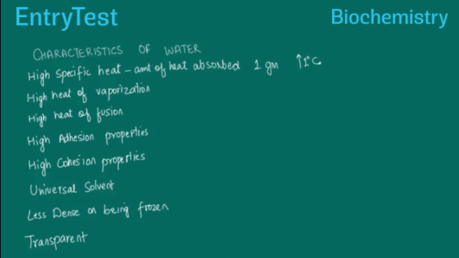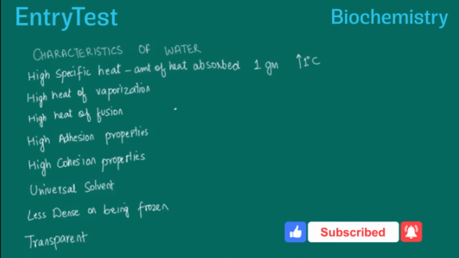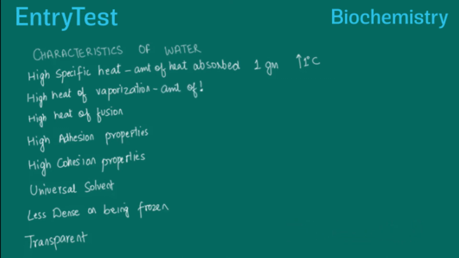The next important property is the high heat of vaporization. So that refers to the amount of heat absorbed to convert 1 gram of water from liquid to gas at room temperature. So that is the high heat of vaporization, which means that water does not boil very easily, it does not vaporize very easily. Then high heat of fusion, which is the amount of heat